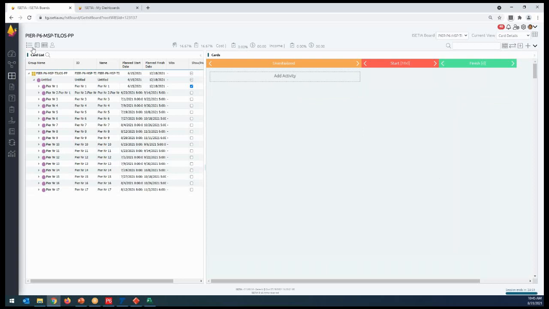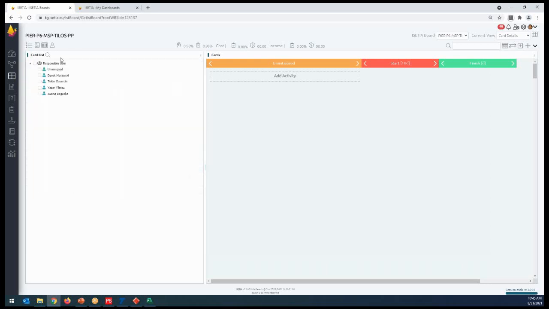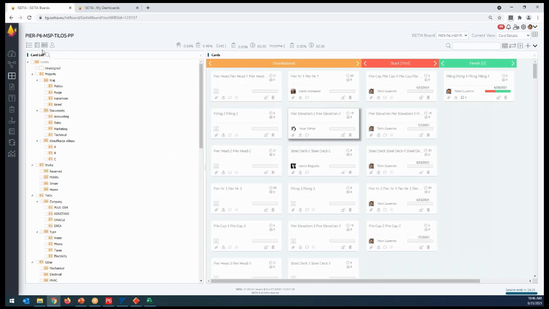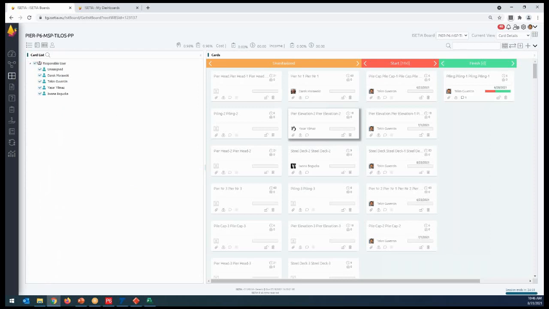But if I change to show all and then come back again, if I want to show Yashar, he can have 1. Ivona also has 1 for all people, and I can group this using the code structure by contractor and locations. If my work has a different work breakdown structure, we can handle it easily this way. Under the code structure, I can also give the work by location, supplier information, all this information.